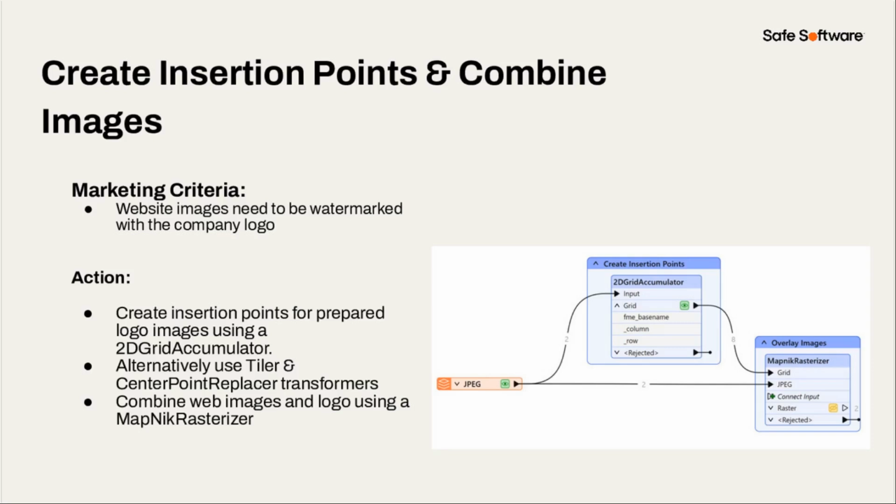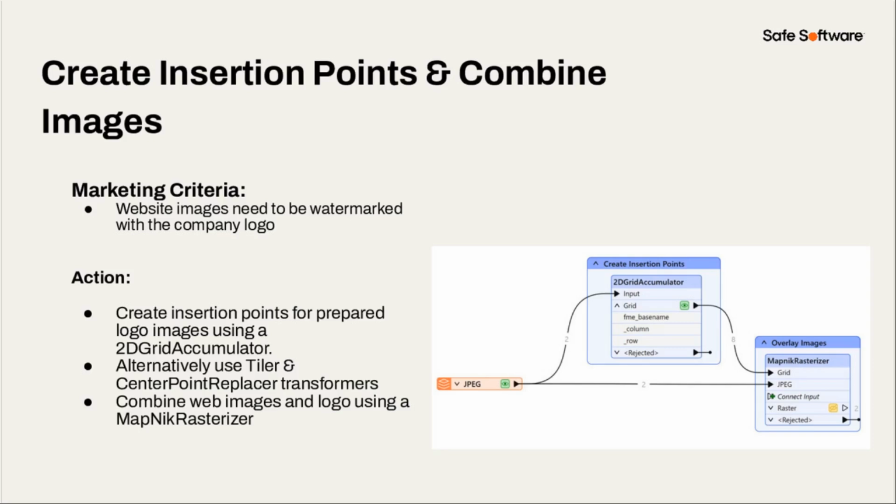Now that our logo is fully prepared, we need to overlay it on the background or web images. First we need to create placeholders for logo locations, meaning we need to create a point in each location where we want the logo overlaid. There are lots of ways that this can be done. We're going to demonstrate the 2D grid accumulator, but you could have also used a combination of the tiler and